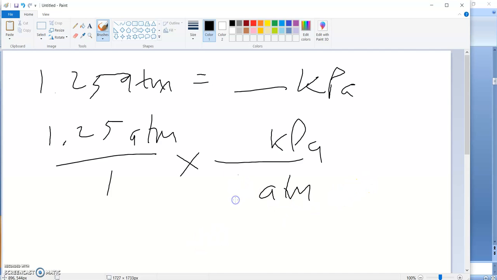Well, 1 atmosphere is 101.325 kilopascals. If I had asked you to go to millimeters of mercury, I'd put 760 up here instead. Notice the unit atmospheres cancel, and now I just multiply the top. Well, divide by the bottom is just 1. I don't have a calculator nearby, I just noticed, so you'll simply have to multiply those two numbers together, and you'll get 120 something. Maybe 130-ish, depending on how far you have to go. But that's it. You simply do dimensional analysis to convert one pressure unit to another.